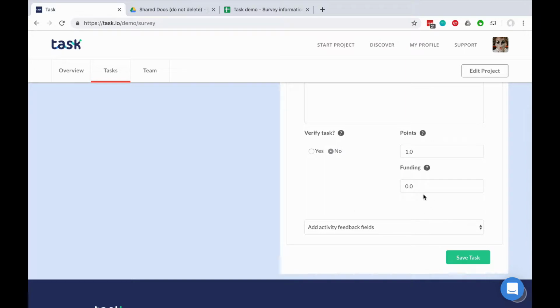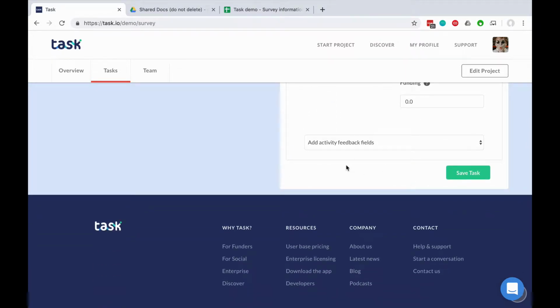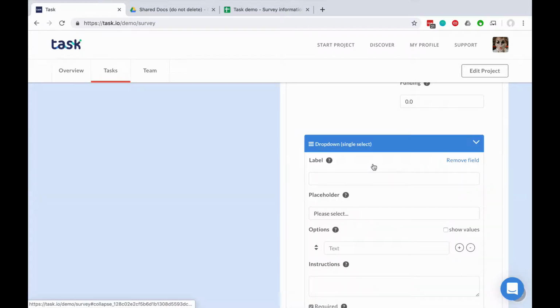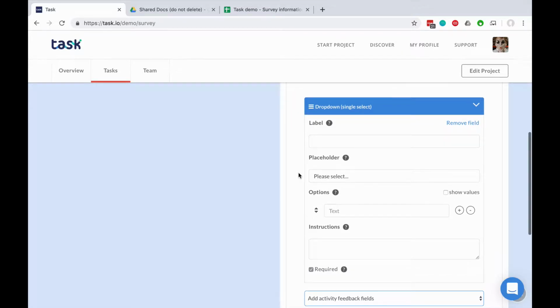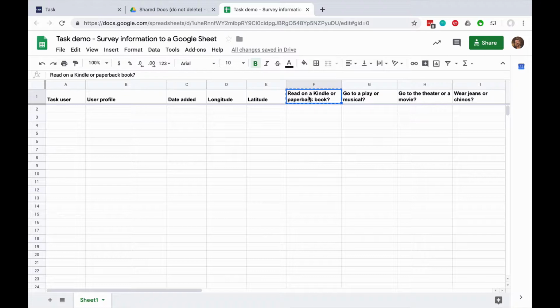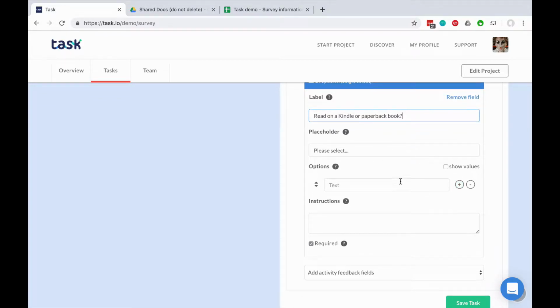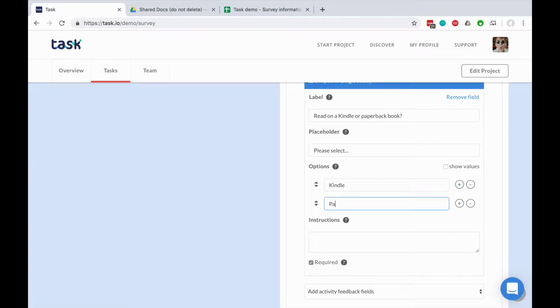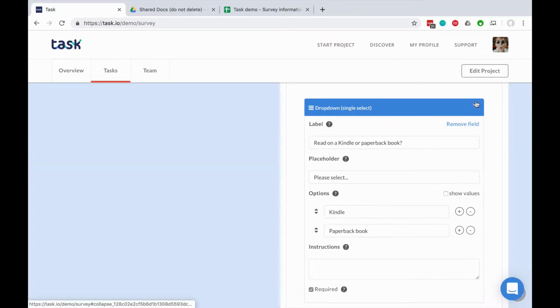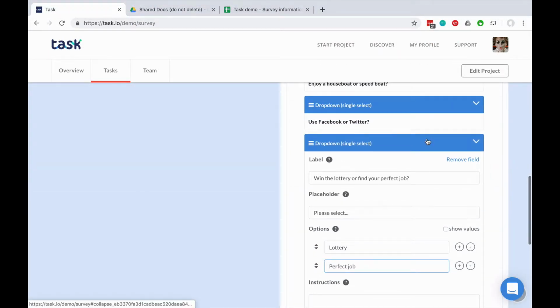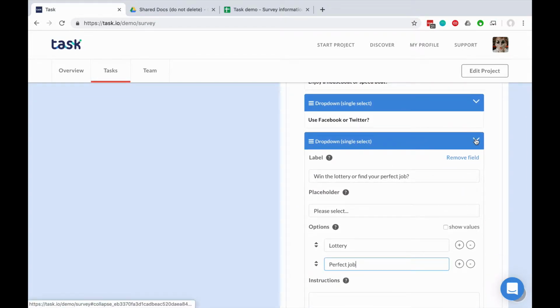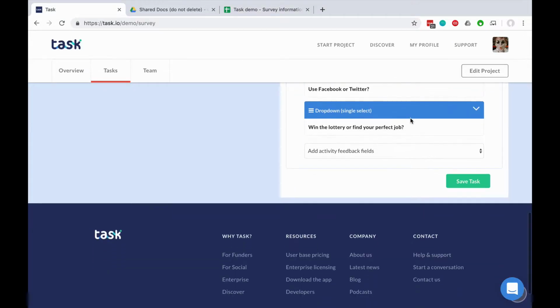I'm not going to verify the task, and now we need to add the activity feedback fields. We're going to be using drop-down lists. We want to get structured data from the people that are taking the survey. If I come back here, I'll copy "read on a Kindle or paperback book", paste that in as the label. I'm going to want to have as option 1 Kindle, option 2 I'll put, I can't spell, paperback book. Obviously they're all going to be required. That's the first one. Okay, I have filled out all 10 questions, which relate to the questions I've got in here, and I'll save the task,